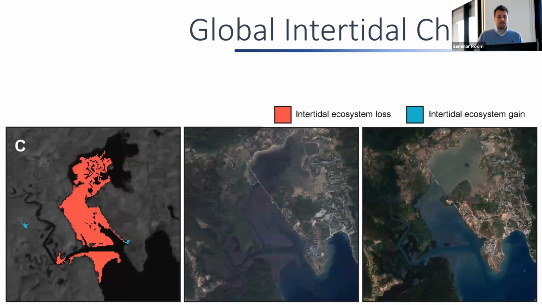And the final example that I want to give is one from the Andaman and Nicobar Islands. In 2004, there was a magnitude 9 Andaman Aceh earthquake that caused an up to 2.5 meter subsidence across the Nicobar Islands, leading to a 90% loss of mangrove extent due to drowning. And you can see in that middle photo, this large area of mangroves in the center, which have disappeared by that second one. So you can start to see that we can pick up these local scale changes and start to think about conservation and restoration in those areas, or look at what the drivers are.